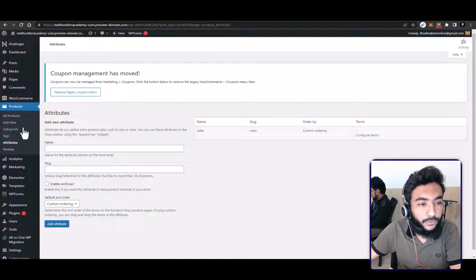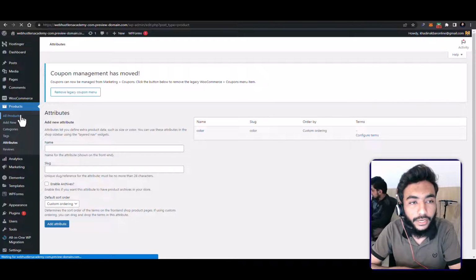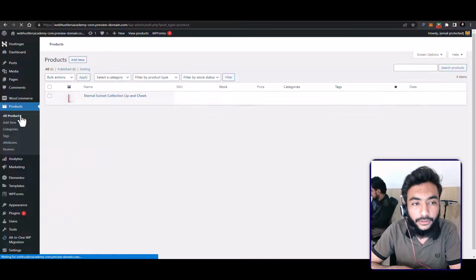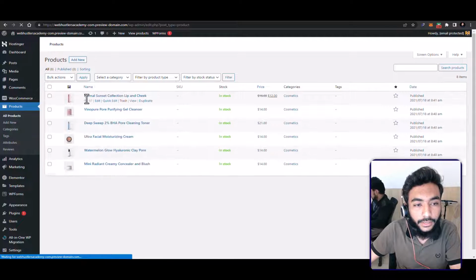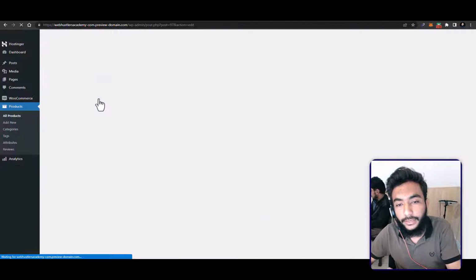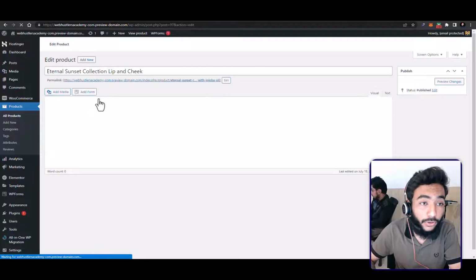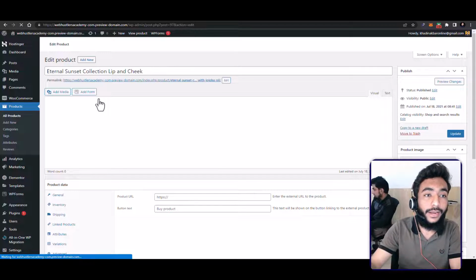And now it's time to add the products. So I'll just go to the products, and we'll just start adding the products. I'll tell you how to add the products. So here we are on the product section. Now what we have to do is just edit a product. You just have to click on this edit button, and you can edit the product. Obviously you will be adding your own new products, but as this is a tutorial, I just want to teach you how it works. I'll just tell you what the things are here, so you can add your own products